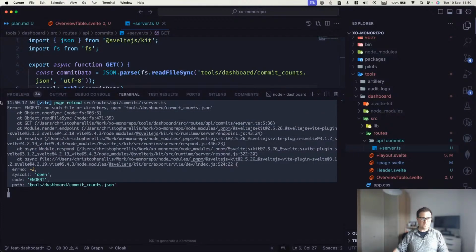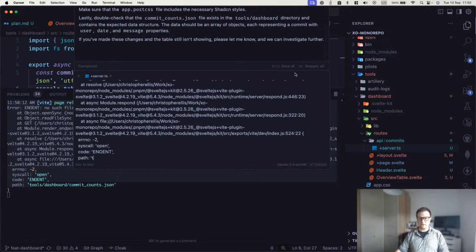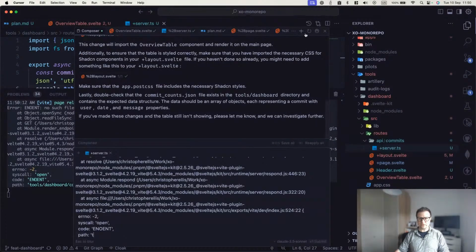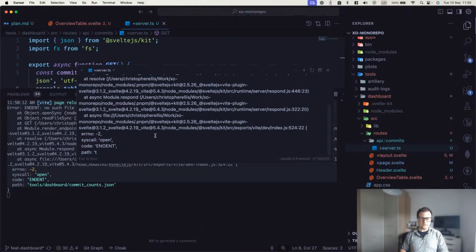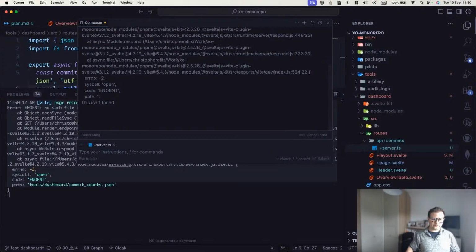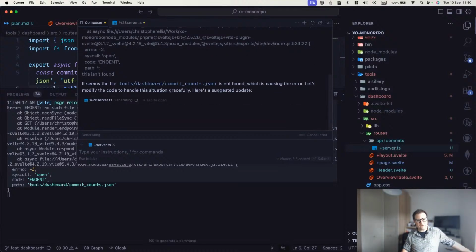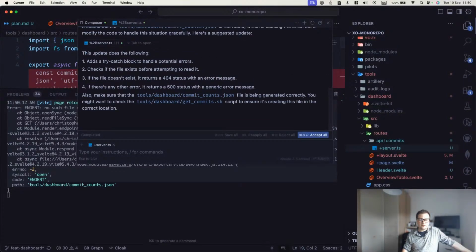So I'm going to just Command K and I. And realistically, I should reset this composer so it's just answering this question. You don't need all that history in there. And let's say this isn't found. And this, I think, is a SvelteKit runtime thing more than anything else. Let's